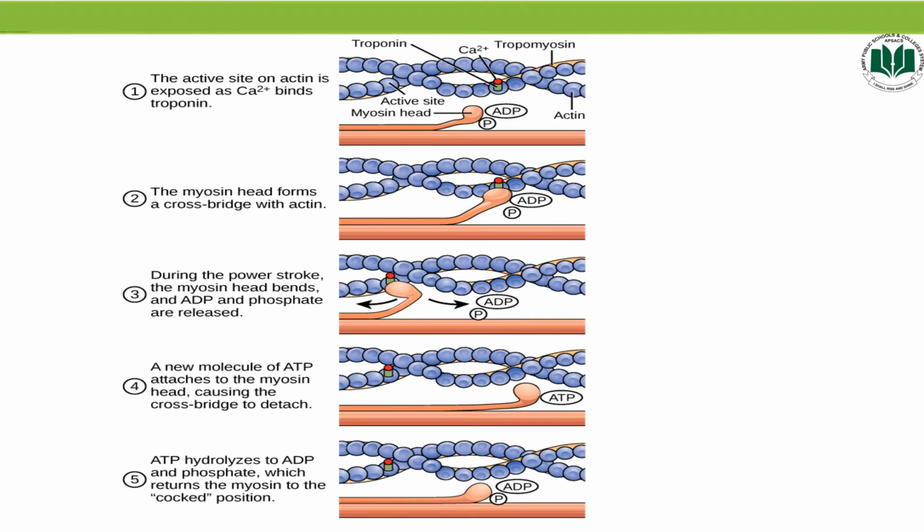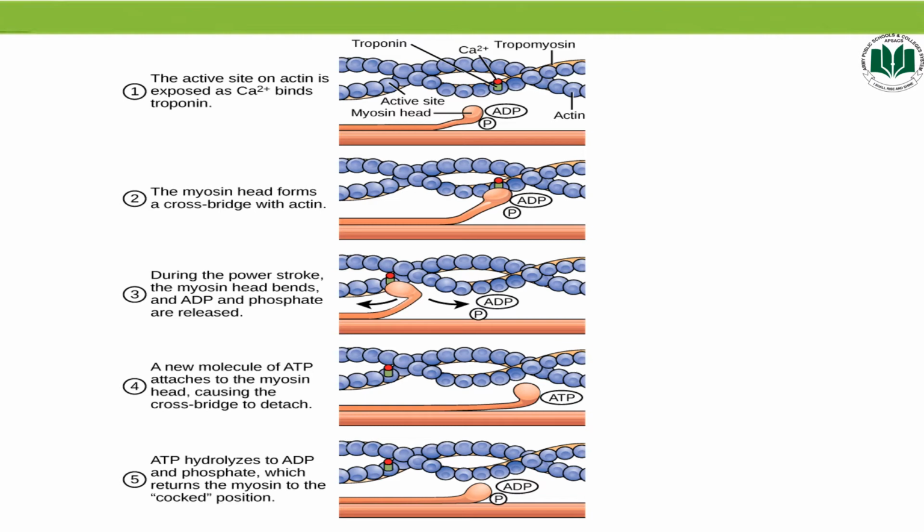Now students, let's talk about the control of muscle contraction. Remember one thing, the contraction of the muscles depends upon three factors. Number 1, nerve impulse. Number 2, energy in the form of ATP. And number 3, calcium ions. First of all, the muscle contraction is initiated by a nerve impulse at the neuromuscular junction. As a result, the nerve impulse opens the calcium gates, releasing the calcium ions into the cytosol.